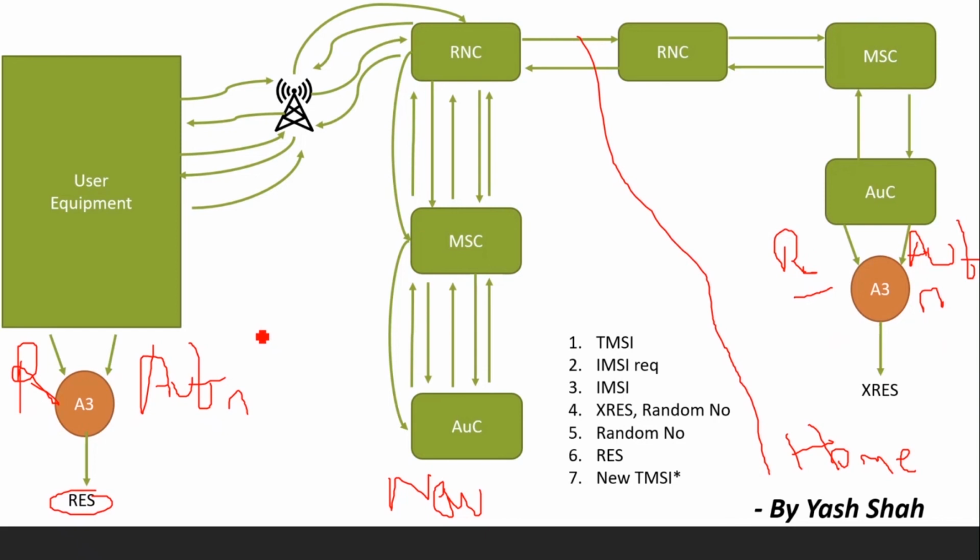Moreover, how do we achieve anonymity? If we recall the last step, our IMSI has been replaced with a new TMSI which will be used for every communication in the later stage. And finally, how do we achieve confidentiality? Confidentiality is achieved in the same way as used in GSM. Please refer to the GSM video for the same.